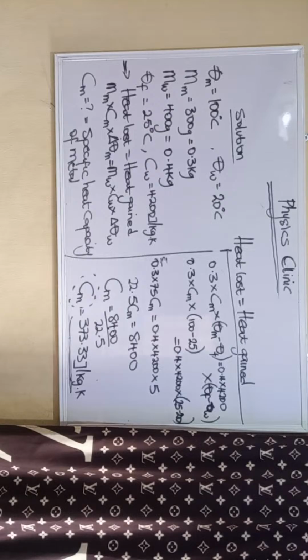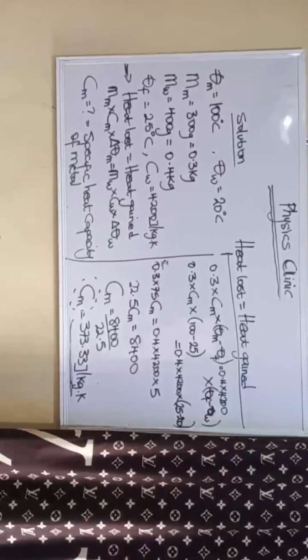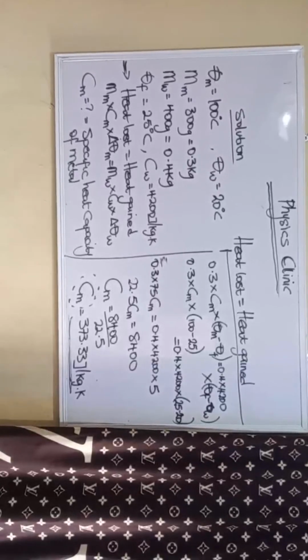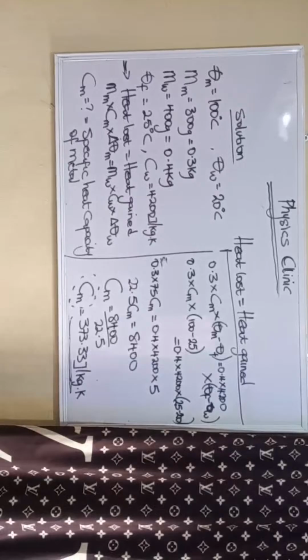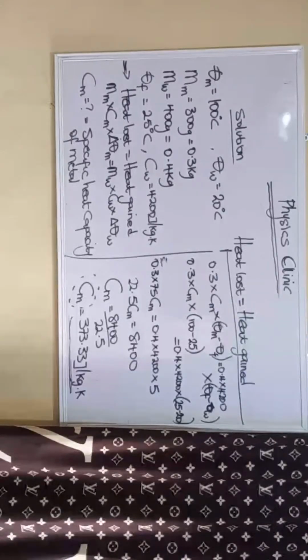Then we say that heat was lost to the water. All right. Now we understand that the heat quantity supplied, or the heat that can be supplied to a body or by a body, is given to us as